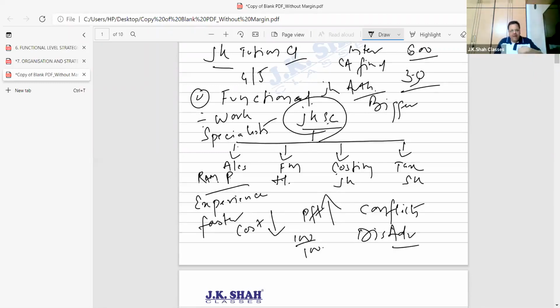Then if I'm not getting a pat on my back for the good I'm doing, let sir suffer for something wrong that I'm doing. And that's human psychology. It can happen many a time. So that can be the disadvantage of functional structure. Any doubts over here? Did you understand? Sure? Please, Pankaj, Prakriti, right beta?